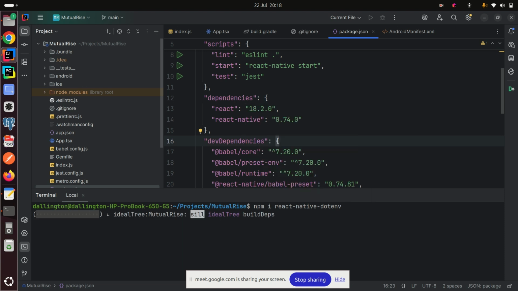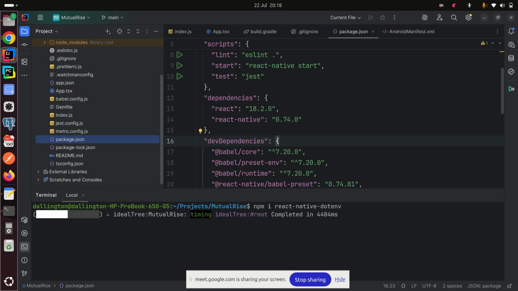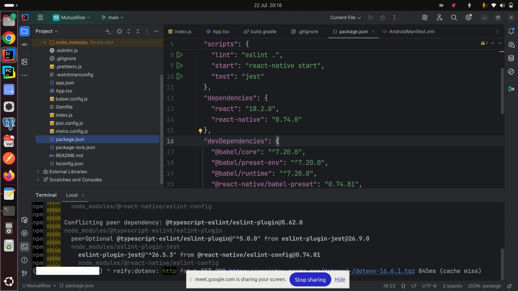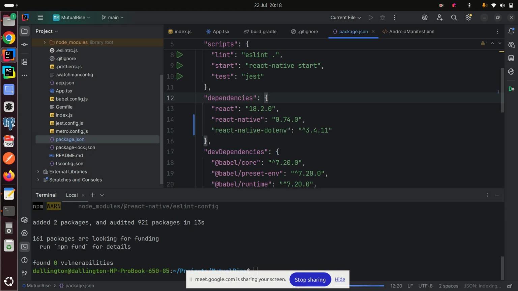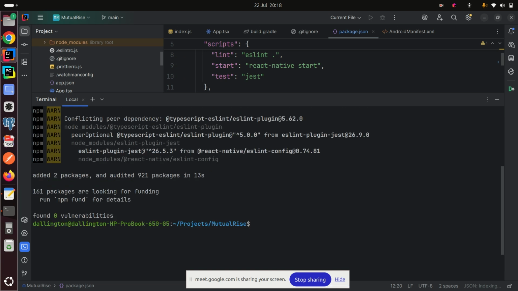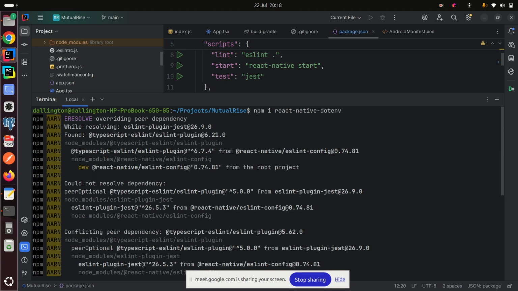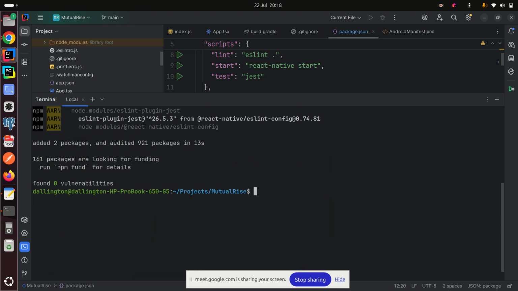Okay, so it will also go in node_modules as well. Then it will also be part of the package.json. Okay, now you can see it has been installed. If you look at my console, you see that after running npm i react-native-dotenv, which is the library for reading .env variables like secrets, like database credentials, API URLs, it's good to store those. You know that it is a very good idea to always store them in